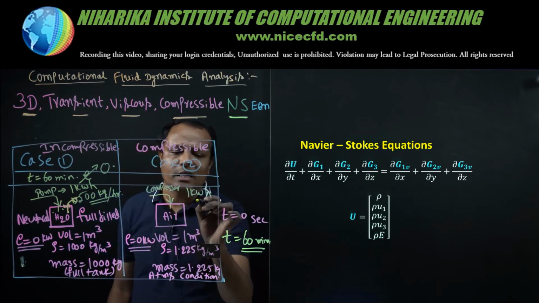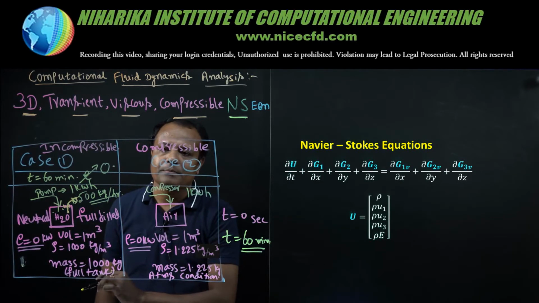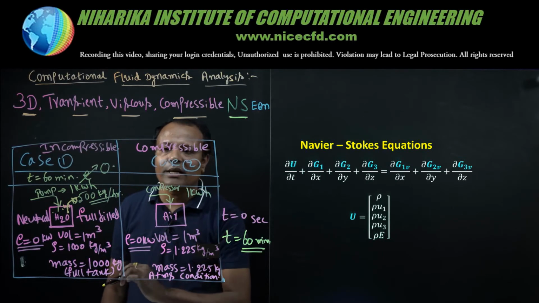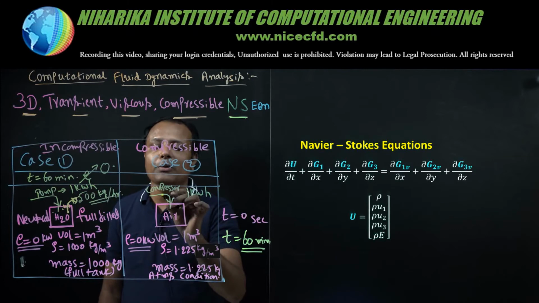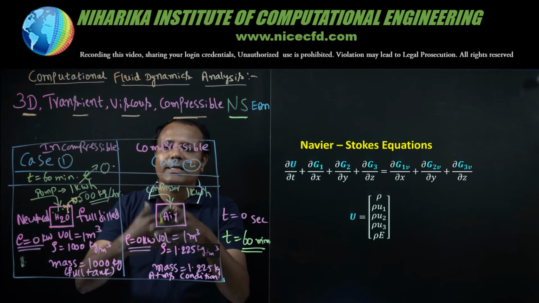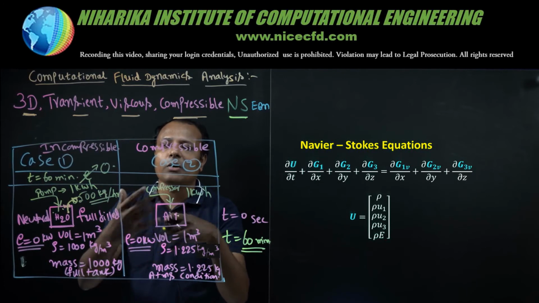Now come to the compressible case, case 2 of our experiment. I will switch on the compressor for 1 hour. So the compressor will consume 1 kilowatt hour of energy. What will it do? The compressor will take calm air from the atmosphere and add energy to it in the machine.